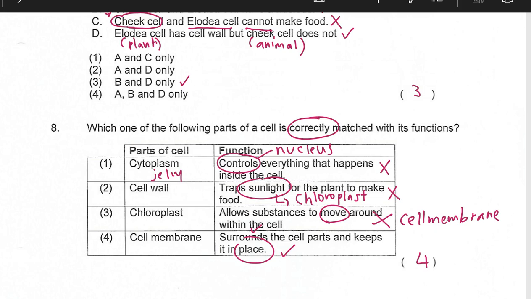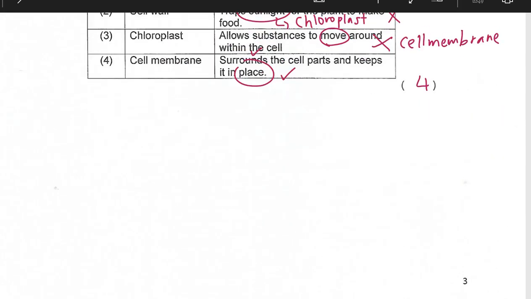Okay, so without a cell membrane, you can kind of imagine things will just go anywhere they like, because a cell membrane is supposed to keep things in and out, correct things in and the wrong things out of the cell. Okay, let's go on. Next,